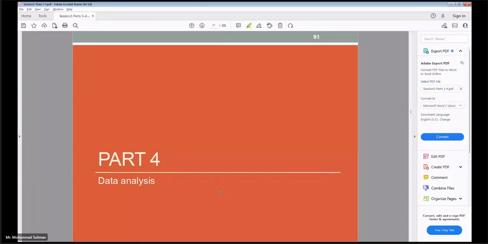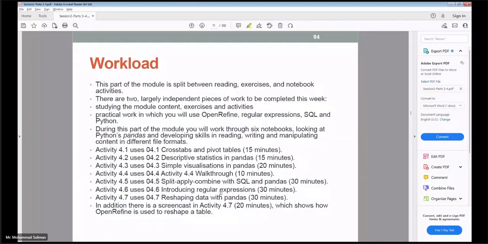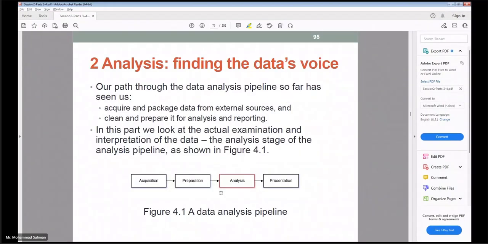Analysis pipeline that we are discussing. Part 2 was about the acquisition, part 3 was about preparation, and the third stage is data analysis. Okay. So here we'll be looking into